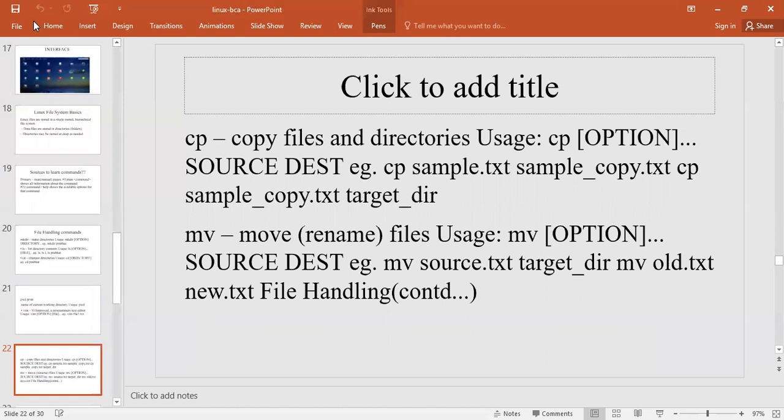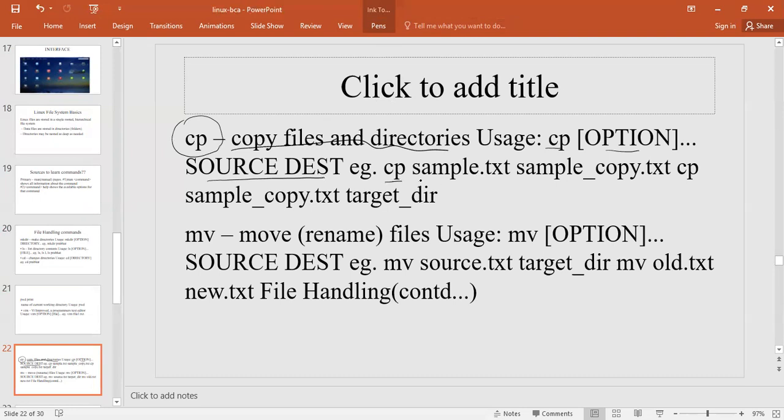Next command is cp. When we have to copy files or directories, you can use this command, cp. Usage is cp, options, and then you type the source and destination.